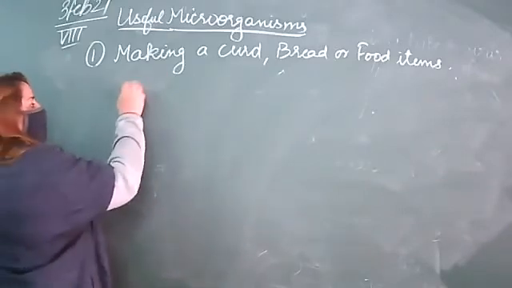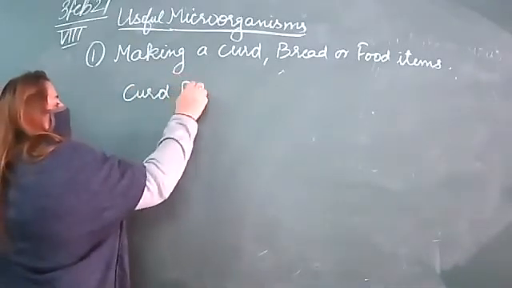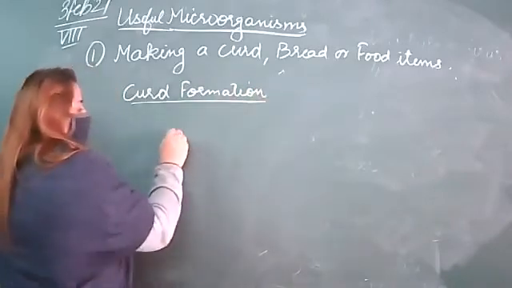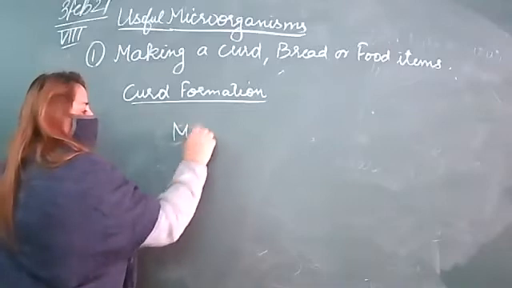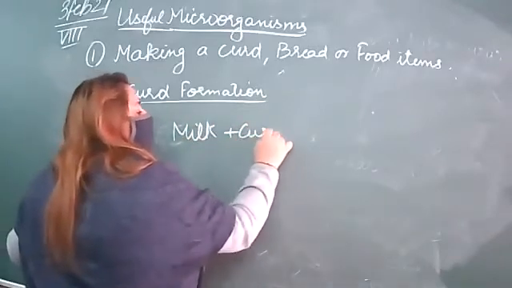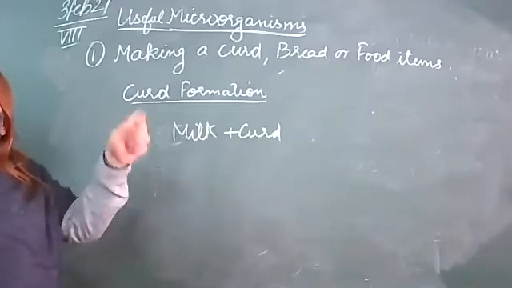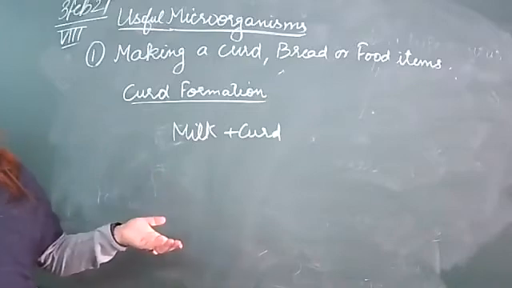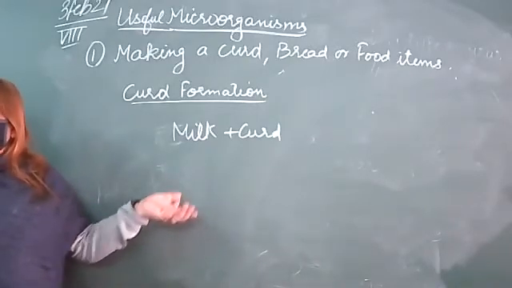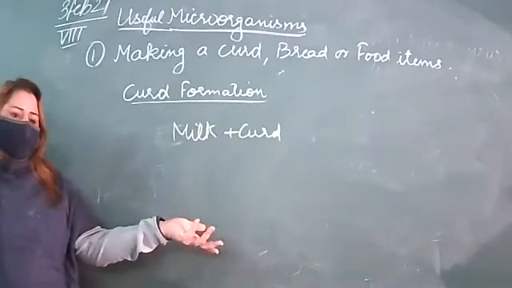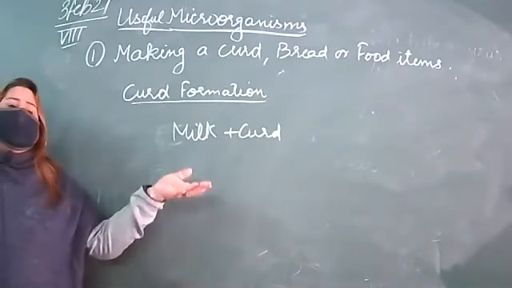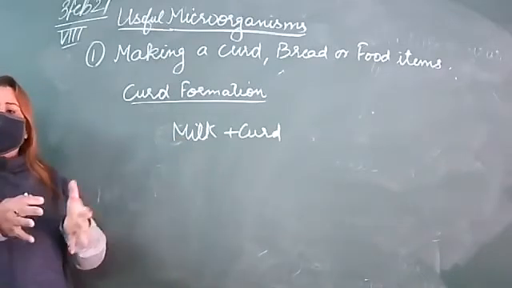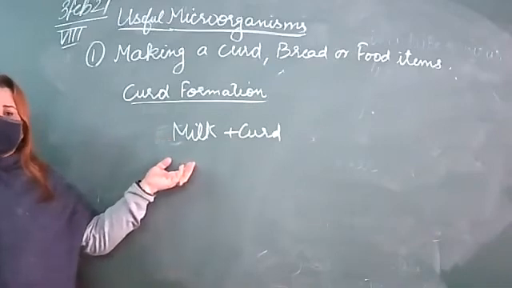Write down, I am writing in a very descriptive manner, curd formation. Firstly, what will we do? We will take milk plus a little amount of curd, like a spoon of curd added in the milk, half a spoon or 1 spoon, depending upon the climatic condition. In the summer, half a spoon is sufficient. But these days, in the winters, we have to use 1 spoon and then cover it with a warm cloth so that it will grow, right?